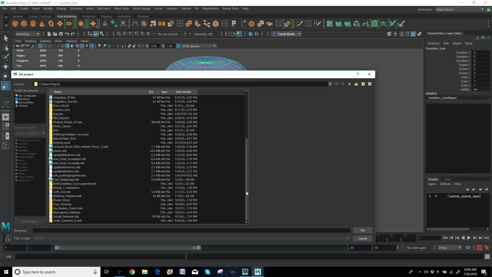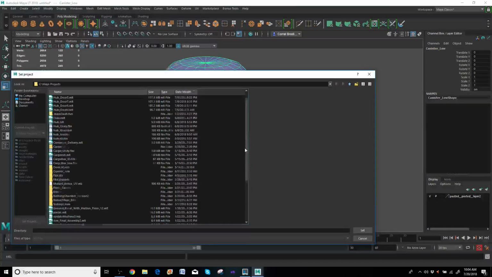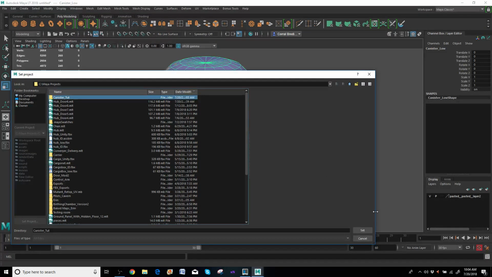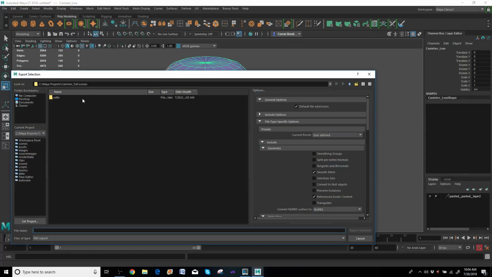Sorry guys, you get to see my messy area here. Some of it's in nice product folder, some of it is outside the projects. And where's my folder I just created? There it is at the very top. Perfect. Okay, let's step to that one. There we go. Alright, so now that we have our product created, our product is set to this scene here. I can now go to File, Export Selection. We'll export as an FBX, and it's going to my canister scenes folder, and it's going to be called canister